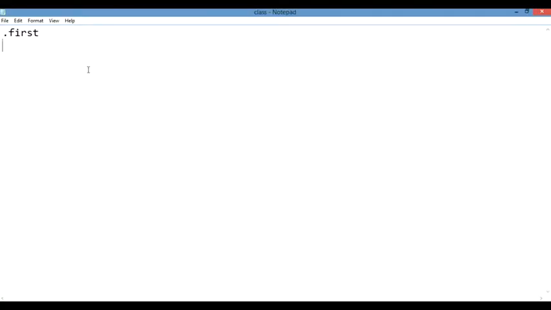Whenever we are talking about the class attribute, we will define the same thing in the form of a CSS file, but the difference is that whenever we are declaring a class, the class will be declared by a dot. Whenever I am using a dot, only then will the class be declared. So here, as you can see, I have declared a class .first, in which I have given the color and also the font size in my CSS document.